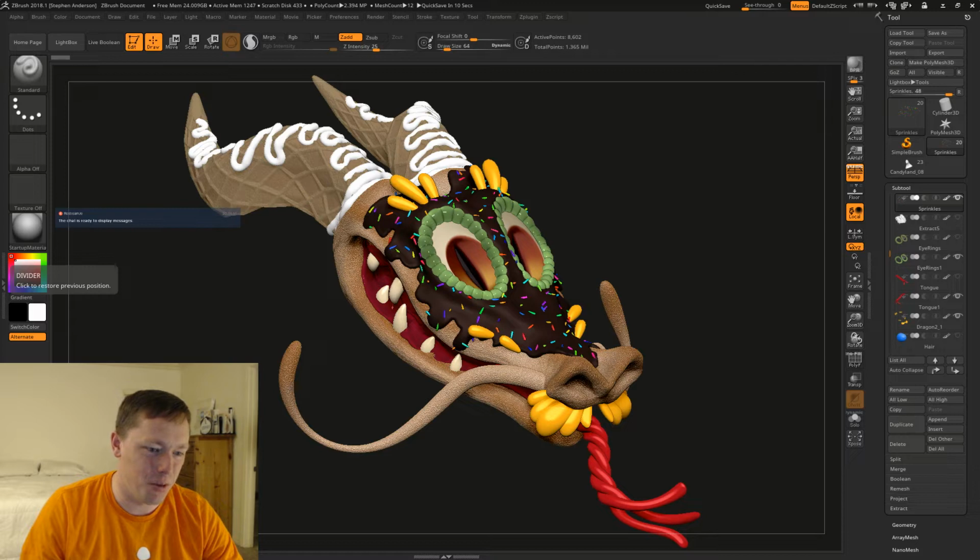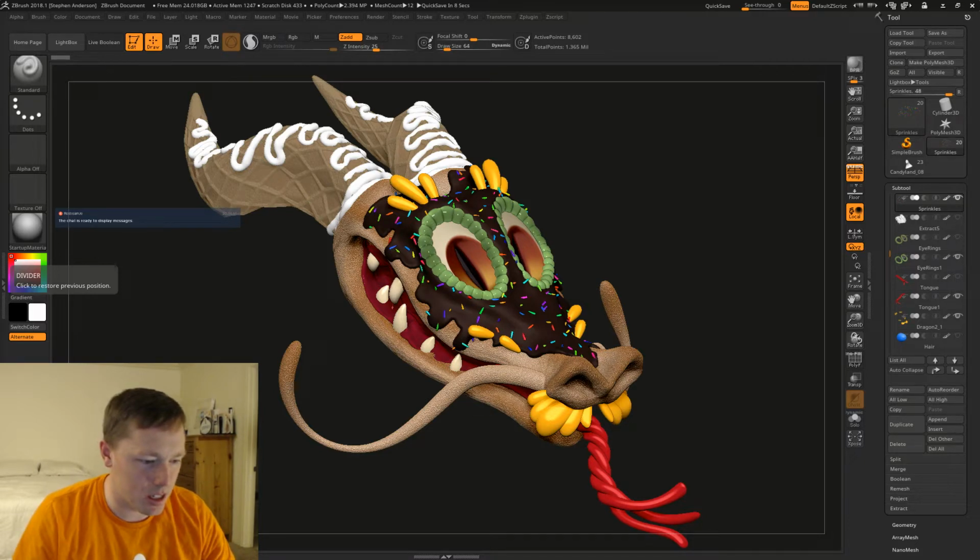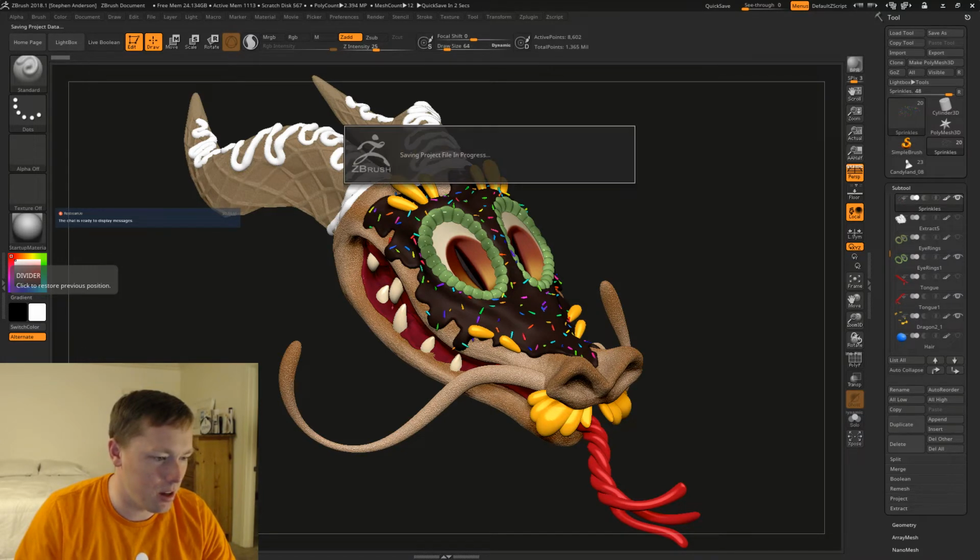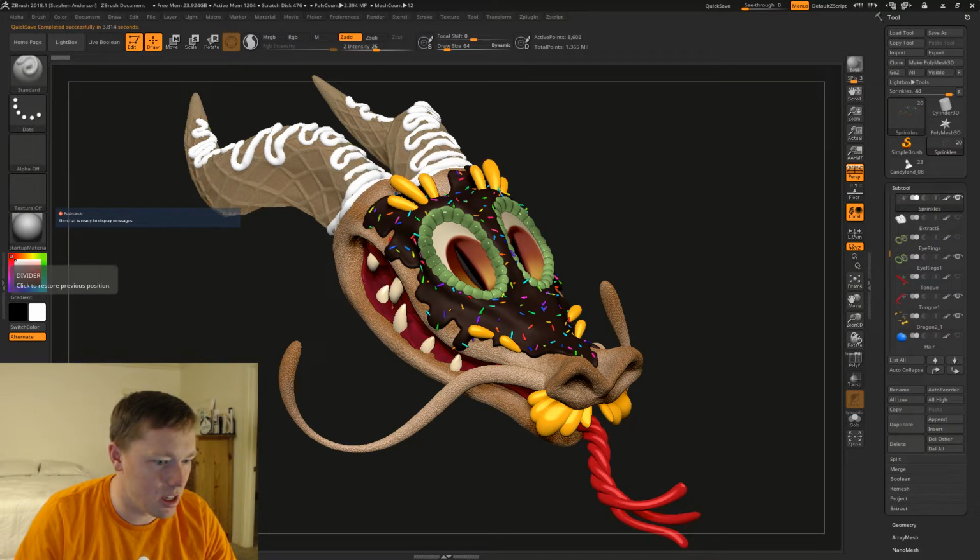Cool. Let's take this and copy. How do I change to editor mode in this? There we go, studio mode.